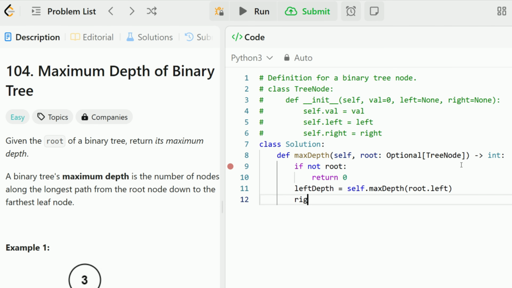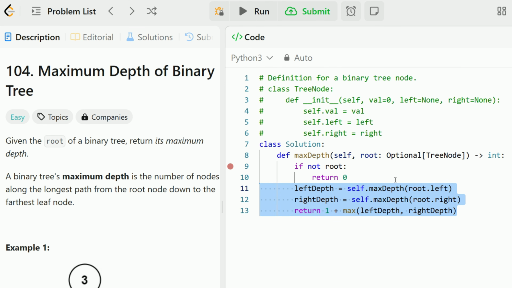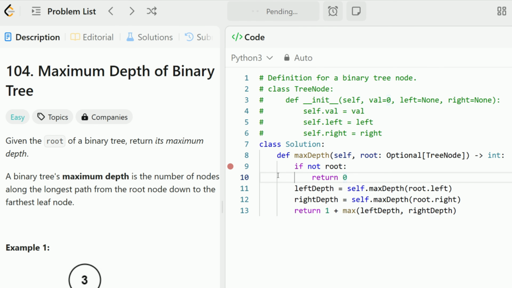And over here, I'm going to say the right depth is equal to self.maxDepth of root.right. Right? This is the post-order traversal. First, I explore left, then I explore right, and I'm only going to start doing my business logic after I went through both right and left. And in this case, what was the formula we used? It's 1 plus the maximum between my left depth and my right depth. And that's it. It's basically 3 lines of code, is almost the entire algorithm. And if we run this just to verify it succeeds,